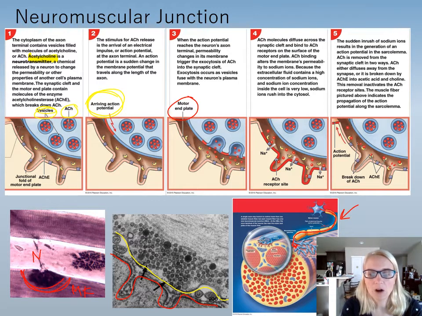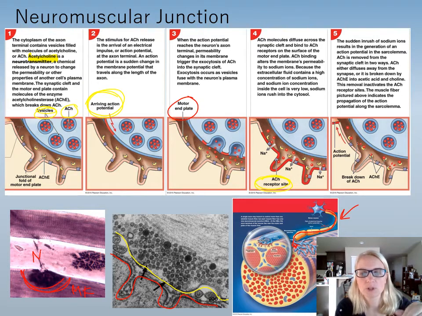Now, embedded in this membrane are the receptors. Okay, these little purple cube-looking things. So this is a chemically gated channel. If you remember chemically gated, G proteins, and enzyme linked receptors, this is a chemically gated or ion channel linked receptor. So the acetylcholine is the signaling molecule. It binds to the receptor. When that receptor binds, it opens an ion channel, which allows sodium to rush in. So we have this huge influx of sodium,